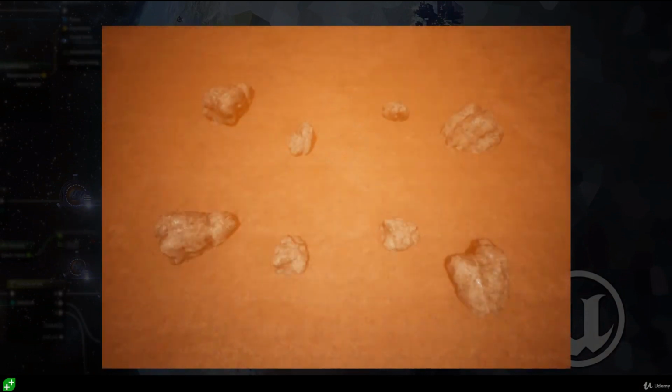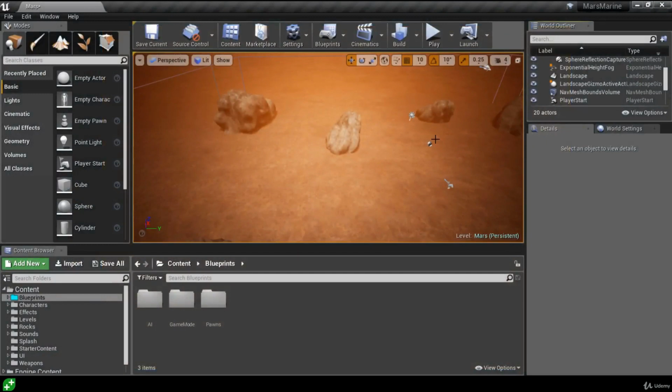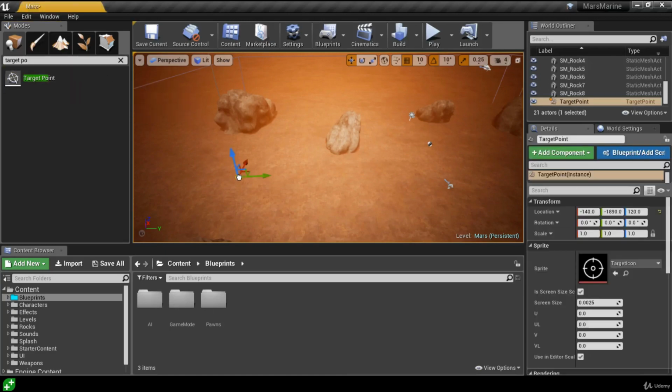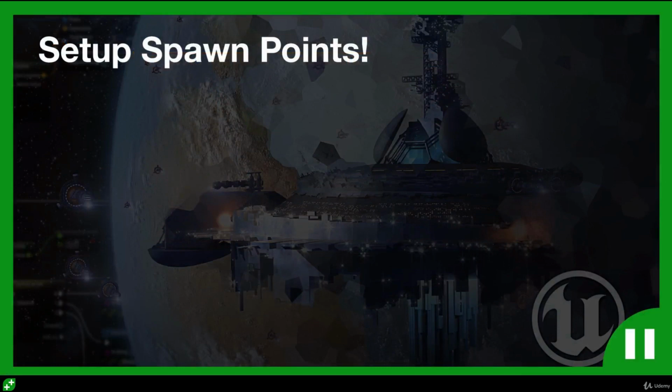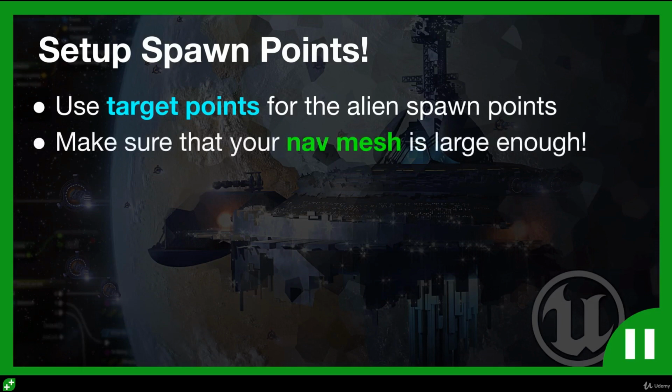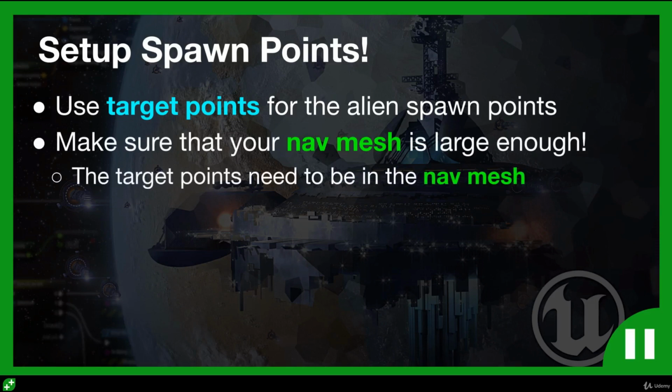We want the aliens to swarm the player from all directions, so we're going to want to place spawn points outside and around the main play area of the level. So to find the target point actor, we can come to the mode panel and we can type and search for it. We can get the target point and we can click and drag it into the level. So right now I want you to pause here and place down target point actors in and around your level so we can use them as the spawn points for the aliens. And make sure that the spawn points are inside the navigation mesh in your level. If the alien spawns outside the nav mesh, it won't be able to move. So pause here to set up your spawn points and then we'll take a